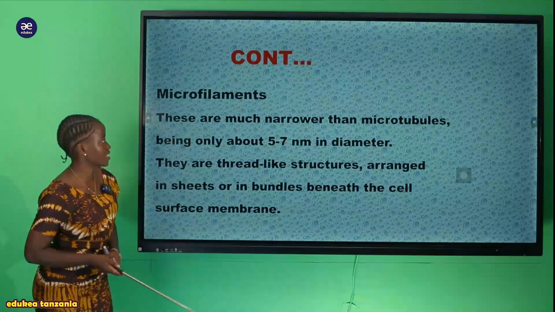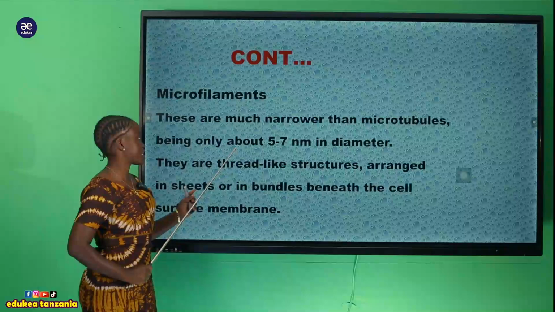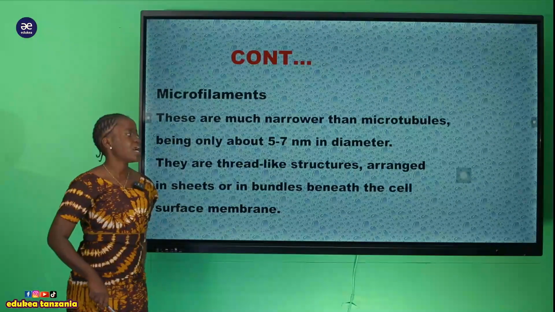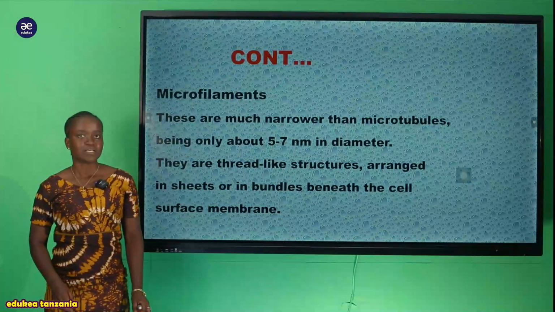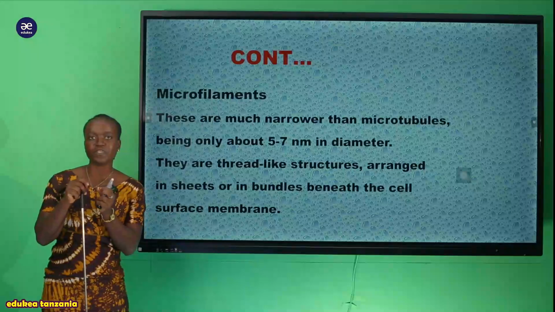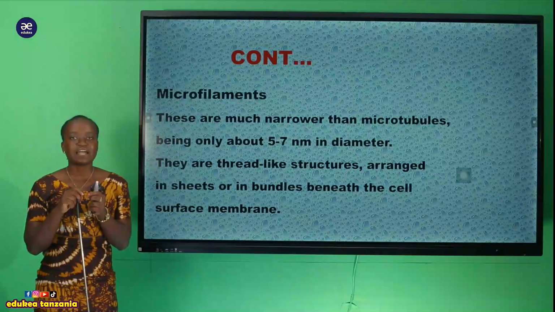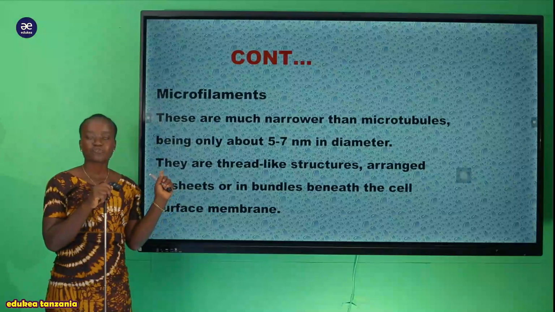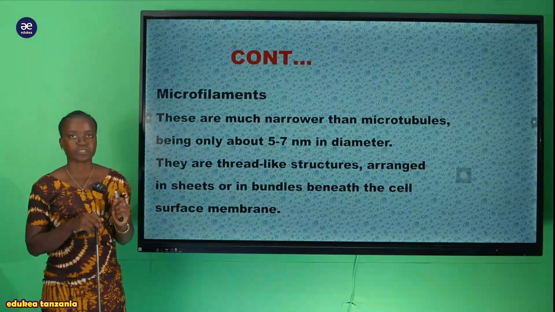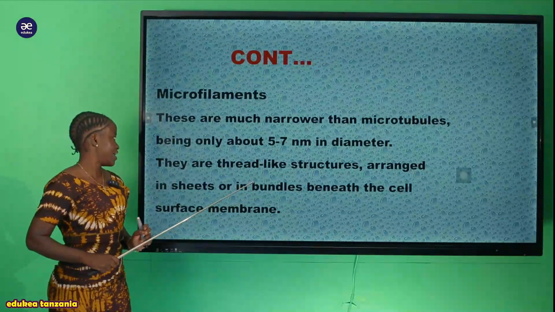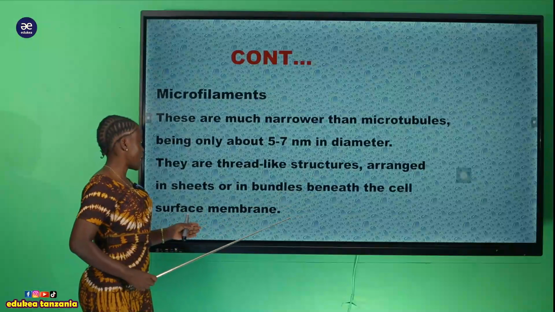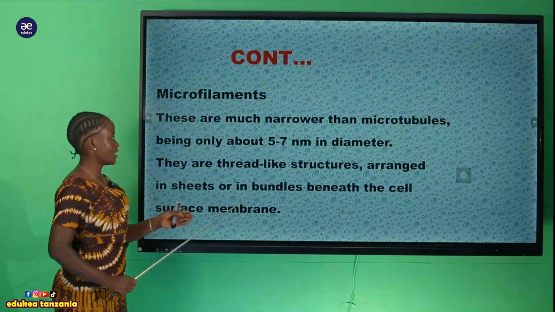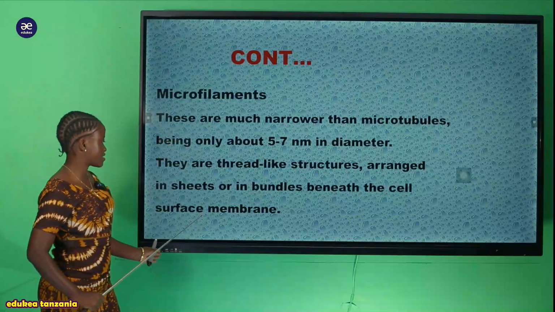Now you can see here it is approximated, it is about 5 to 7 nanometer in diameter. So now you can see the diameter of this microfilament, they are very small, or they are very reduced compared to the microtubules. So now they are thread-like structures arranged in a sheet or a bundle beneath the cell surface